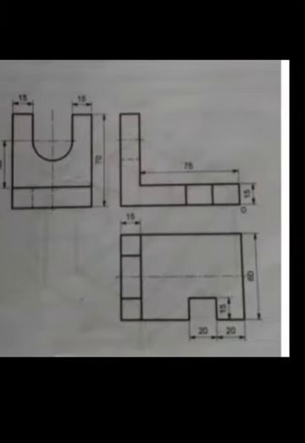You might have questioned that, sir, we are not able to imagine the object. What you do, just take any 5 numericals, problem statement plus its solution. Just compare the problem statement with the solution. When you compare the problem statement, that is the views, with your actual solution, the 6th numerical you are going to solve on your own, that is sure. So this is the only trick for the isometry.